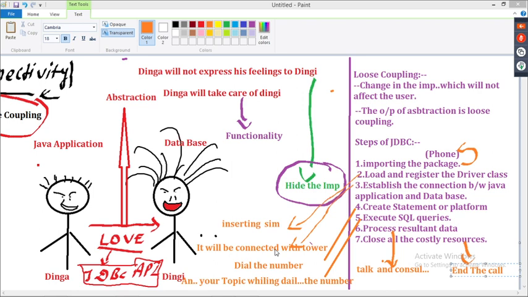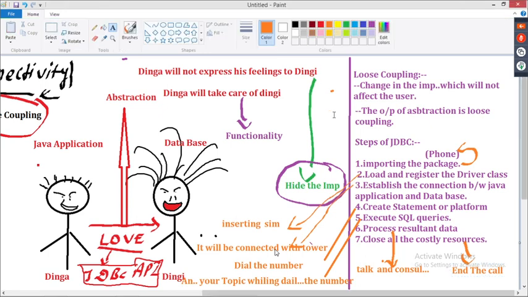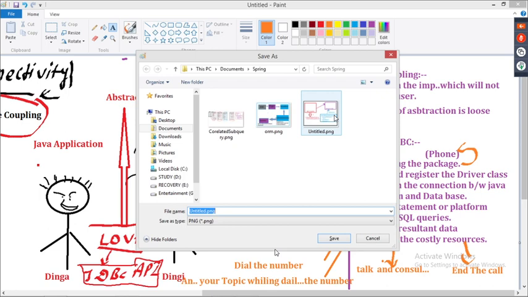Guys, what is a costly resource with respect to J2EE or with respect to programs? We'll see. No need to worry. Once we start the concept, we'll discuss each and everything. No need to worry, guys. If you want to connect your Java application and database, if you want to perform a few operations, then